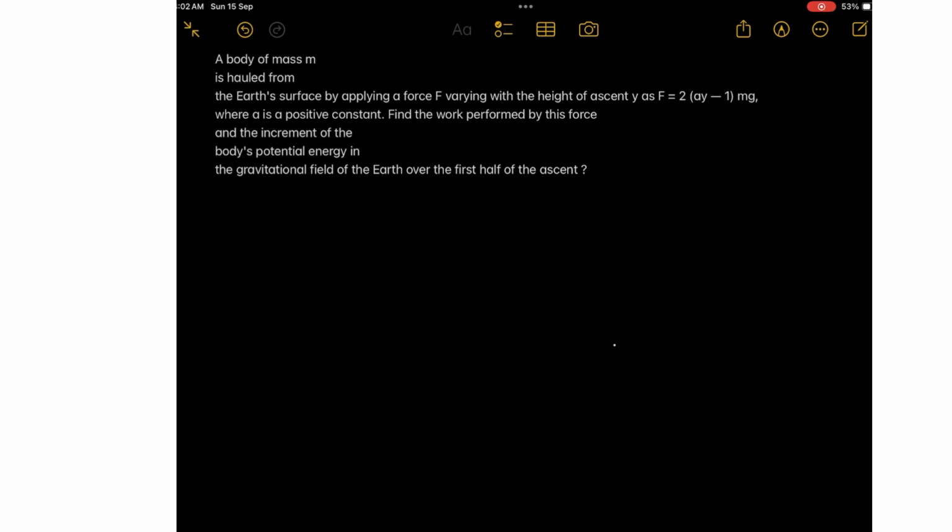Today we are going to discuss some questions from Irodov based on the concepts of work, power and energy. So here is our first problem. In this problem it is given that